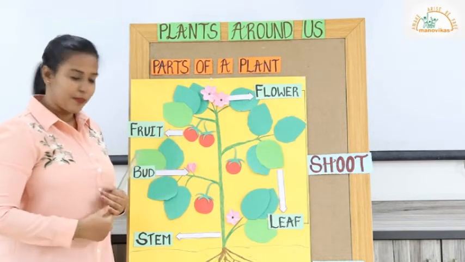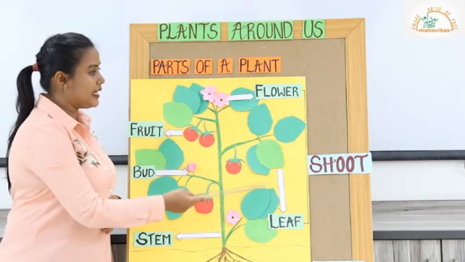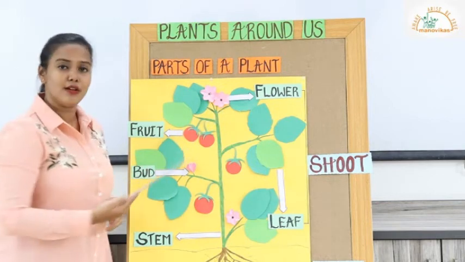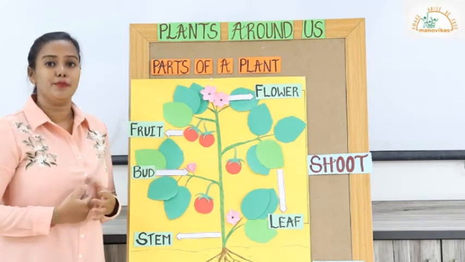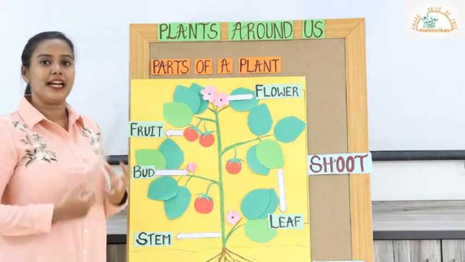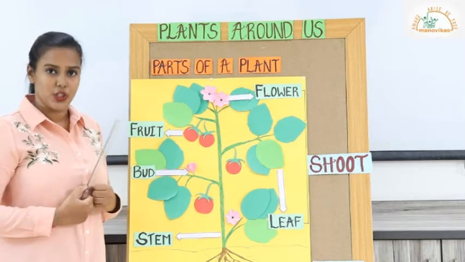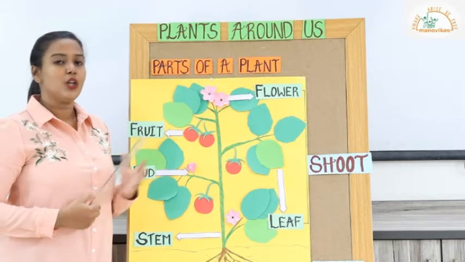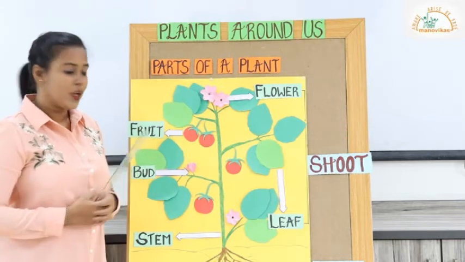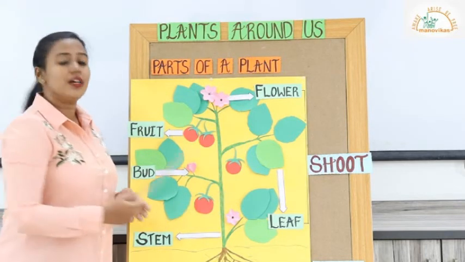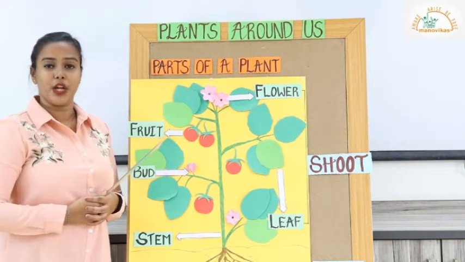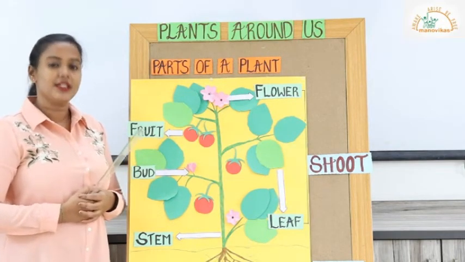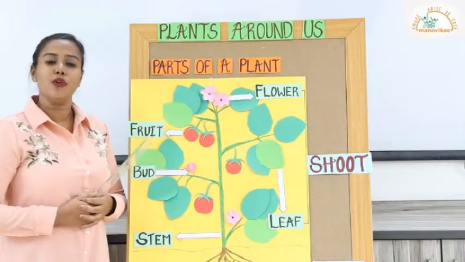The different parts of the plant are the stems, leaves, buds, flowers and the fruit. So the root is very important for the plant so that it holds the plant deep into the soil and also carries the different nutrients and water to different parts of the plant. Also the stem and the leaves are very important to the plant because these parts help the plant to prepare their own food.